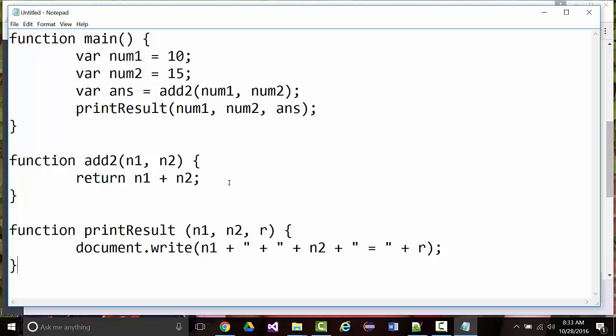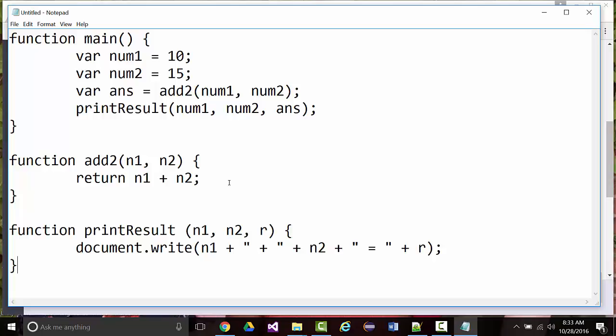These two things right here, those are called formal parameters. And again, in any language, it doesn't matter, all right? So here, we have to return something because we're stuffing it into a variable. So we're returning n1 plus n2, so that we add those two and we return that 25, that goes in